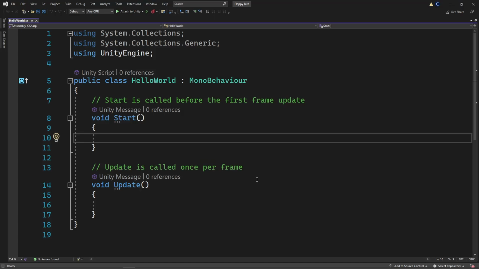So if you open up Visual Studio, regardless of whether or not the Unity integration is working, you notice a bunch of foreign code that looks really weird. There's squiggly lines, there's different colors of text. It looks really arcane. And I'm here to walk you through it, don't worry.